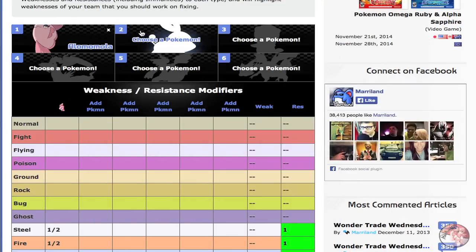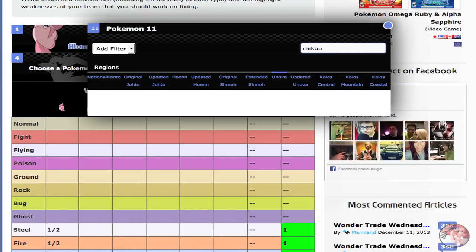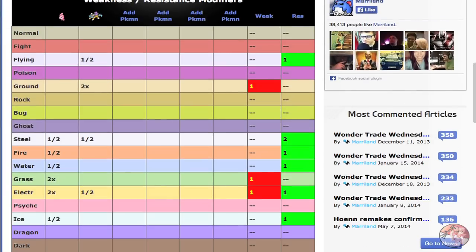Alomomola. Okay, and we're going to put in Raikou. I'm just going to put Johto, whatever. Raikou. So as you can see, we have Alomomola and Raikou, and currently looking at the team, we have resistances to flying,